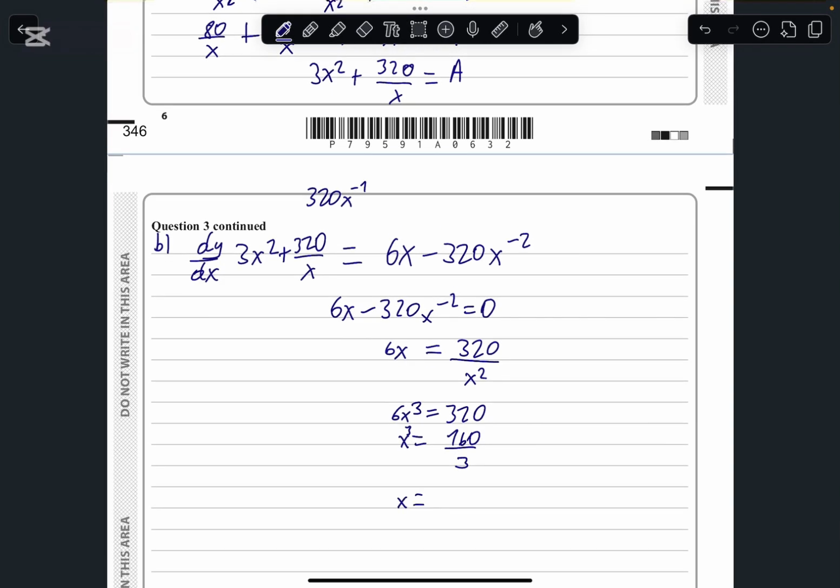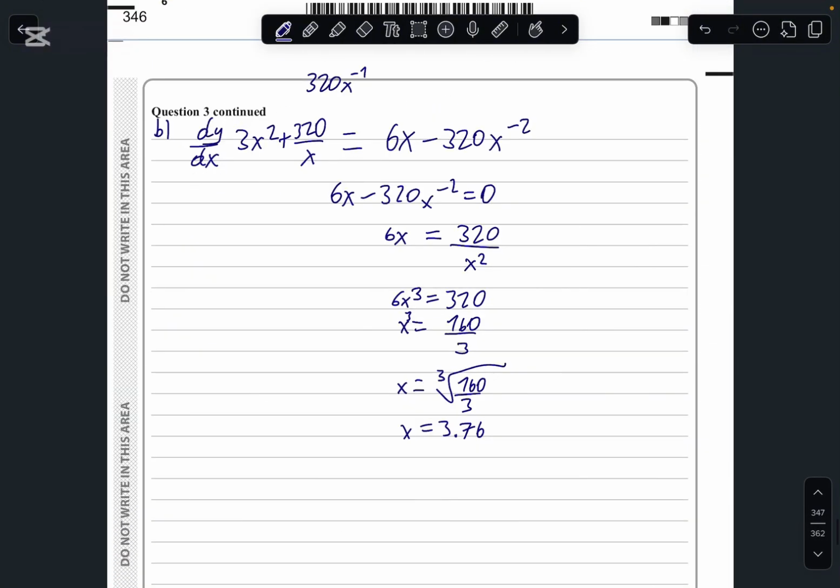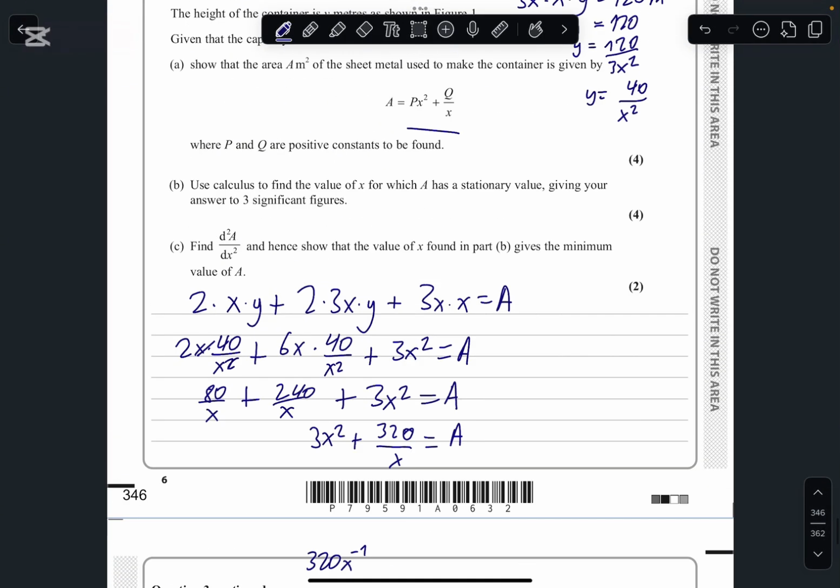And x is equal to the cubic root of 160 over 3, which is 3.764. To 3 significant figures, it's 3.76. That is the x value for which a is stationary. In part C, we need to find the second derivative of a,